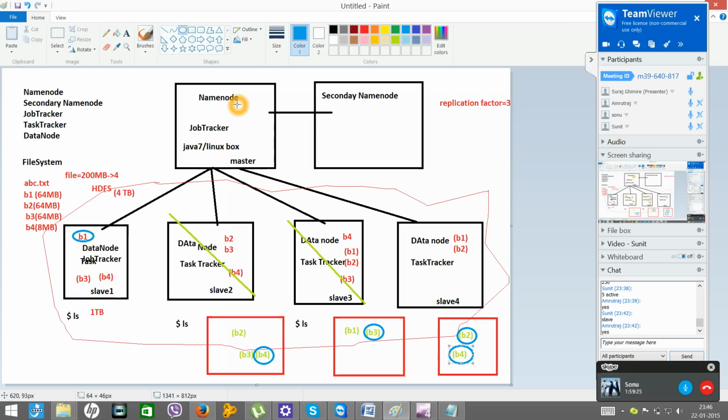Name node is basically responsible to store the data across the Hadoop cluster. It is not actually going to store the data; it will be stored in these nodes, and monitored by the data node. But it is the responsibility of the name node to break the file into blocks, categorize those blocks and send them to different slaves. And under the slave, it is the data node who will take care of storing and maintaining the data. Clear on this?